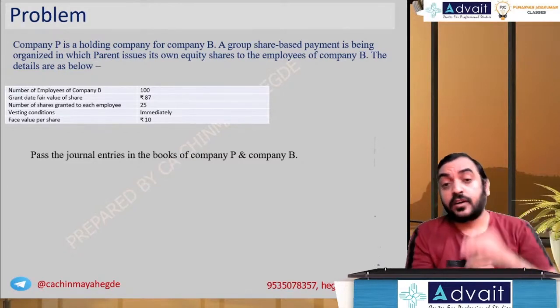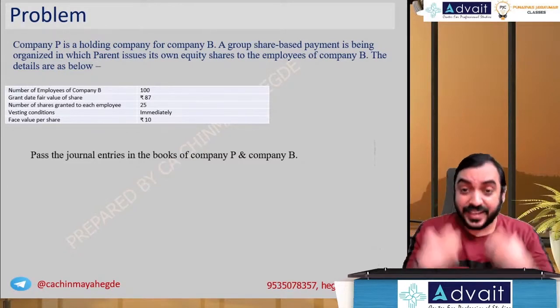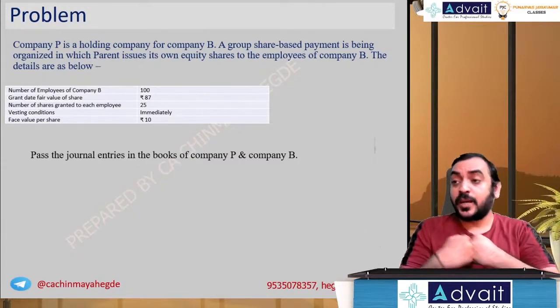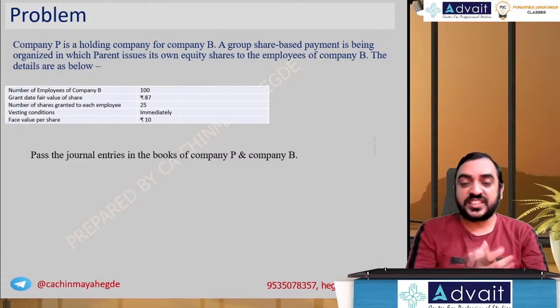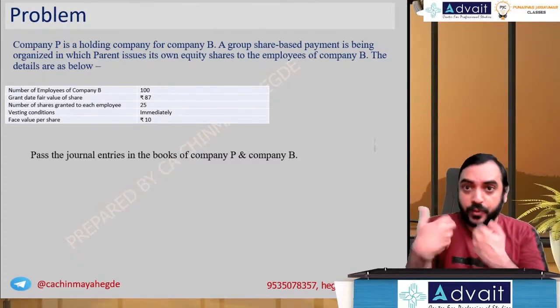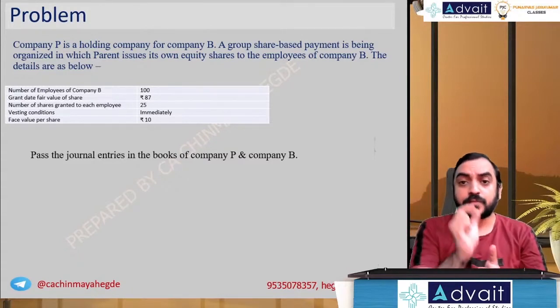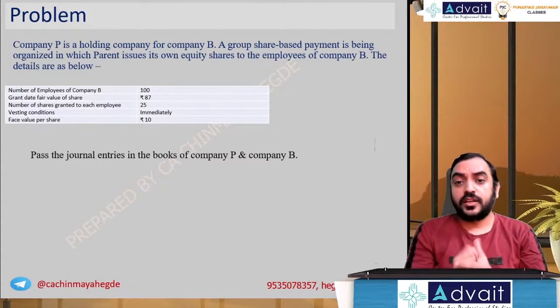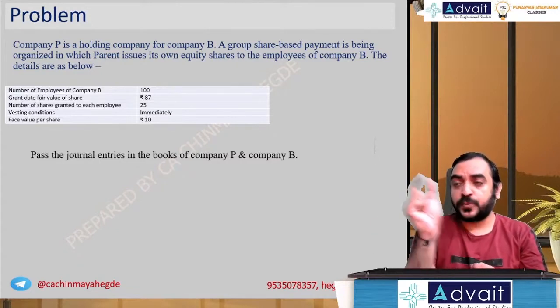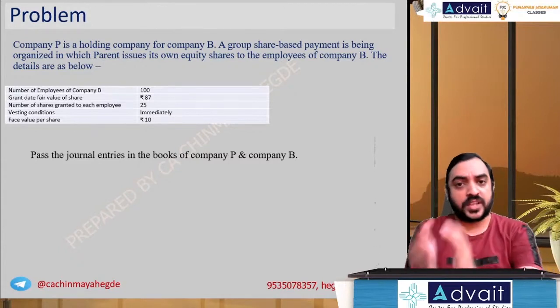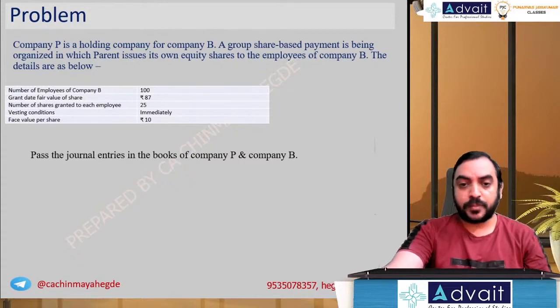In the books of the subsidiary company, they are getting a benefit. It's like a benefit received from the holding company and given to the employees. So for the benefit received, you debit the employee benefit expense account, whatever the concession you are giving, to a contribution from the parent company. That's the entry you are going to pass in the books of the subsidiary. So that's the logical part. Let's quickly look at what the solution institute has given. Two simple entries.